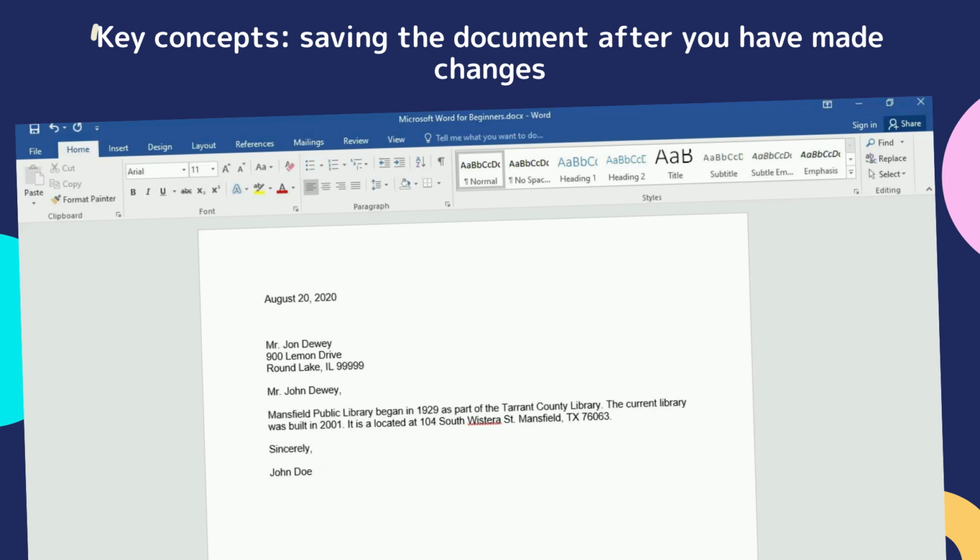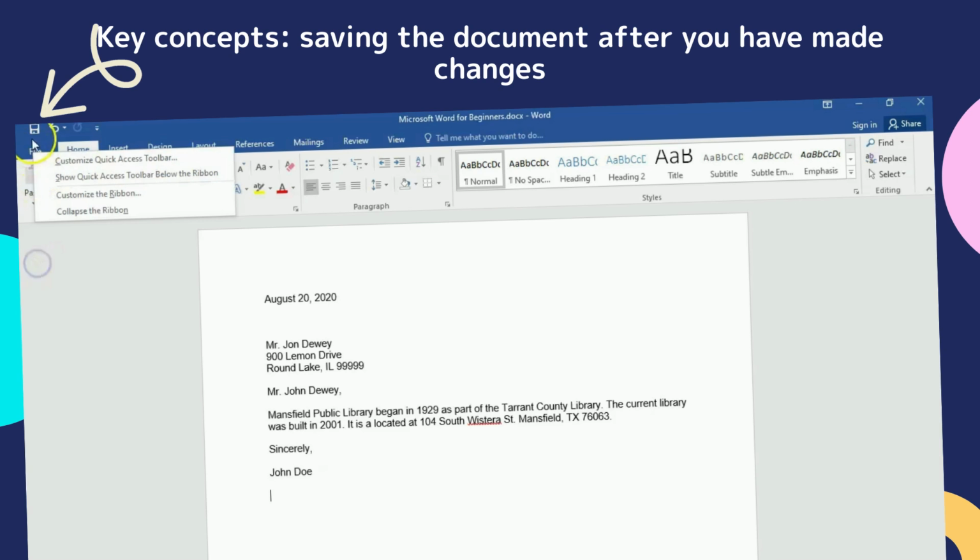And now that I'm done with my sample letter, I want to make sure I'm saving this. You can do this two ways. Since we have already saved as our document and we have a destination we chose, we can click on the little save icon, which is up here, or we can go to the main area, which is File